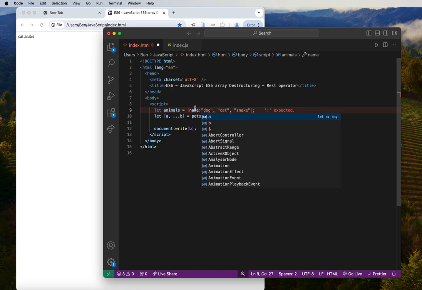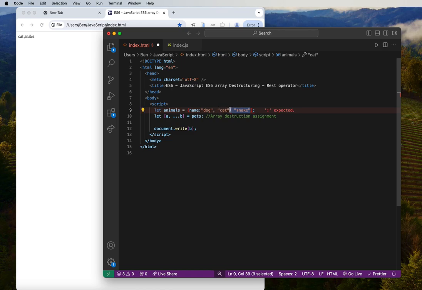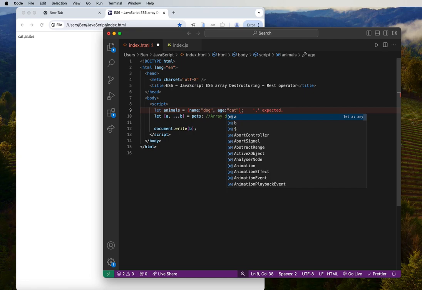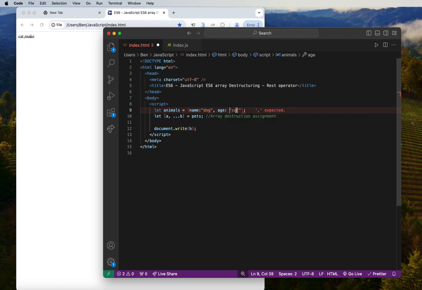So I'll have the first name, and then the second, let me add, let's say, the age of the animal. So here will be age. Okay, then I have to change this. Okay, now let's have